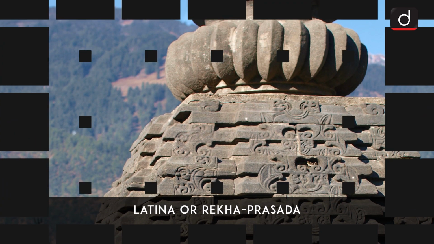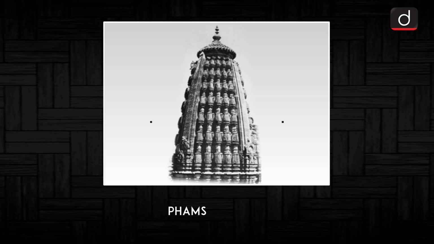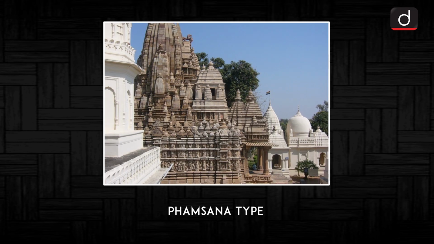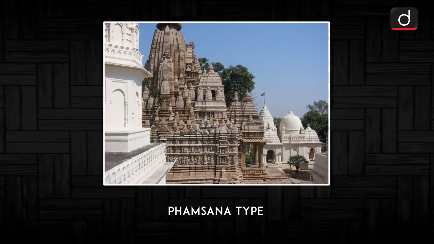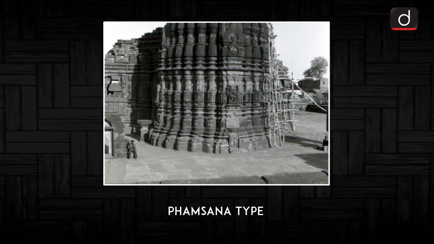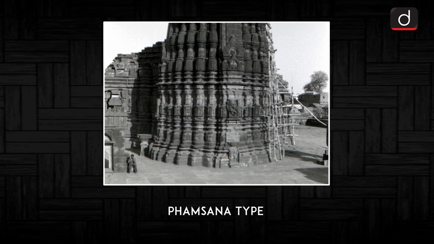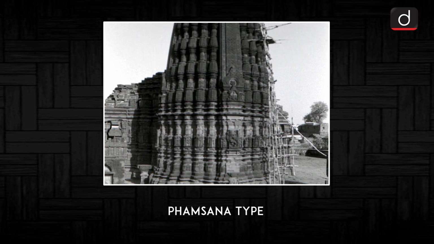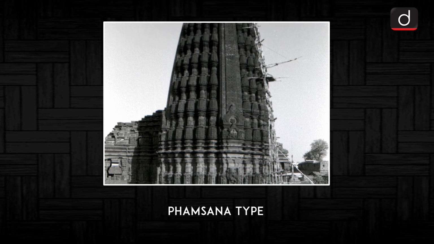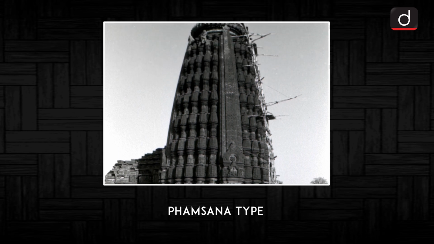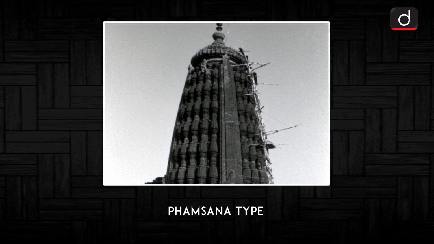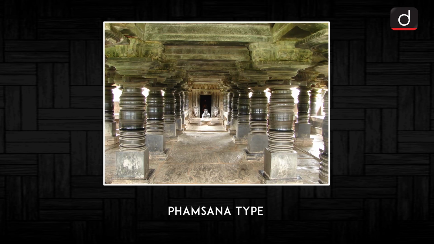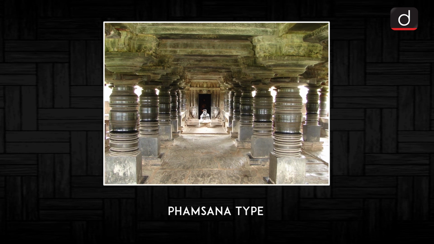Shifting towards the second, that is Hamsana type Shikhara. They are broader and shorter than Latina type. Their roof is composed of several slabs that gently rise to a single point over the center of the building, unlike the Latina ones which look like sharply rising towers. Hamsana roofs do not curve inwards, instead they slope upward on a straight incline. In many North Indian temples, the Hamsana type is used for mandapas while the main Garbhagriha is housed in a